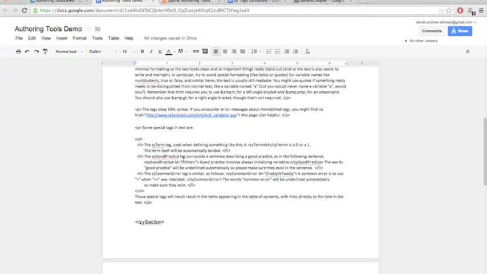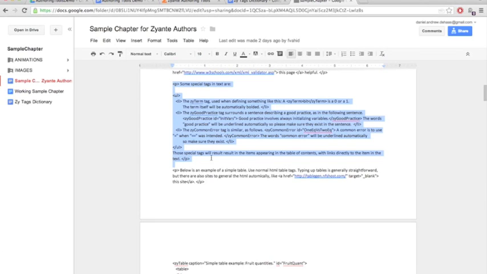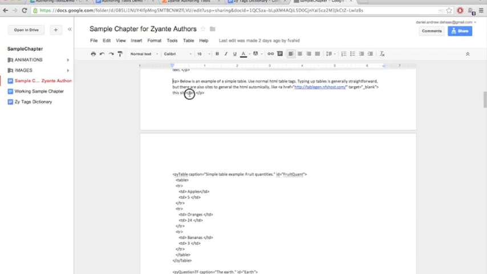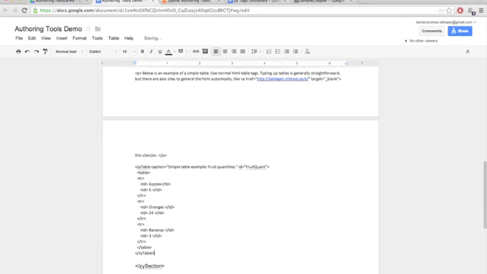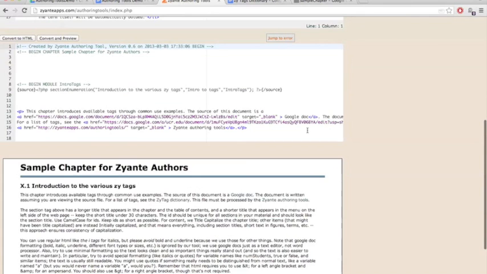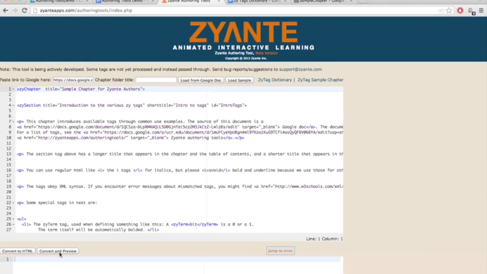Okay, the next tag we'll look at is called a XyTable. So back here in the sample chapter, I'll copy this next part here all the way to the end of the XyTable. If I copy that in, go back over to the authoring tool, reload from the Google Doc, convert and preview,